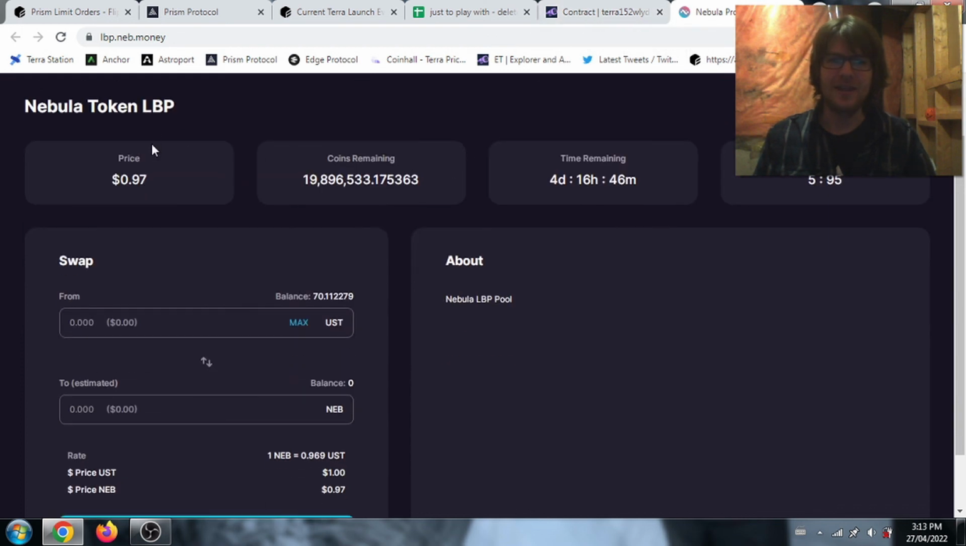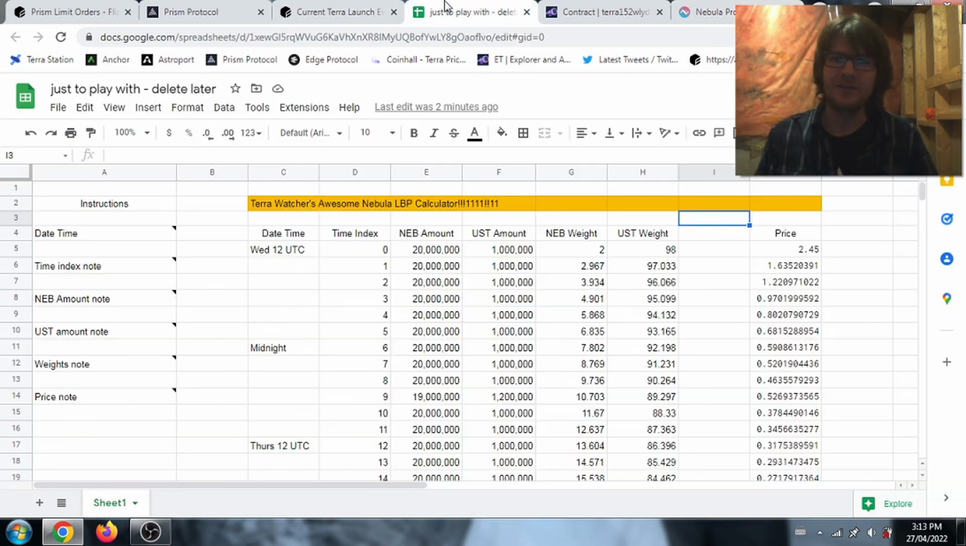Here's the Nebula LBP. The price is under $1. It started at $2.45. It's under $1. I've roughly got my target in mind. Hopefully you have your target in mind. Like I said, feel free to use this calculator, use the dashboard, use my tools, and I hope you get the price you want. Also, if you don't know what I'm talking about with this LBP, go back and watch my past videos because I've been obsessed with this for about a week, and I'm loving this. I had a good day making these tools,